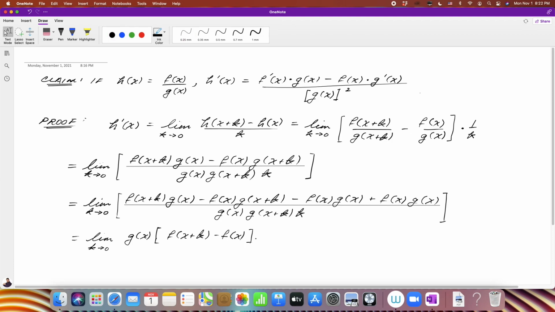Okay, notice how I'm just taking care of the numerator separately from the denominator. Okay, it's a strategy that is super helpful. Okay, now